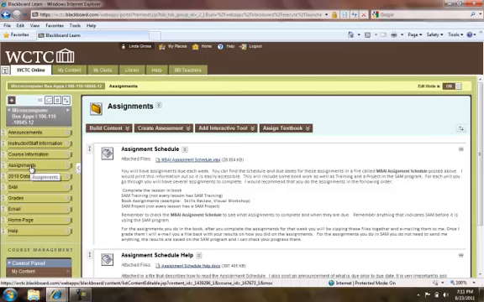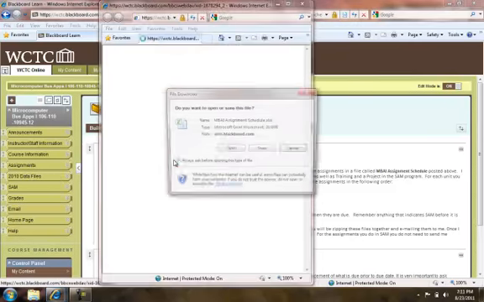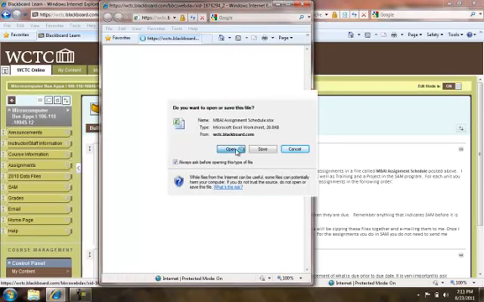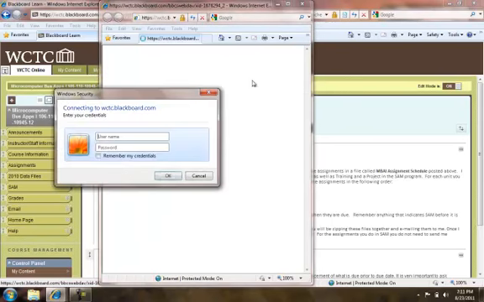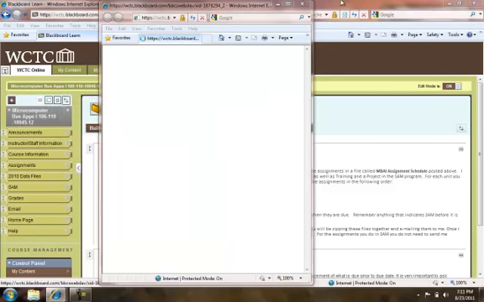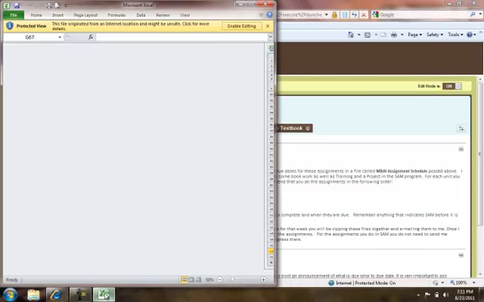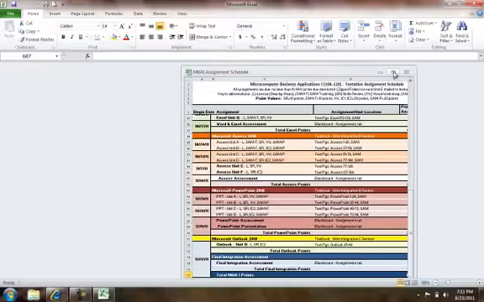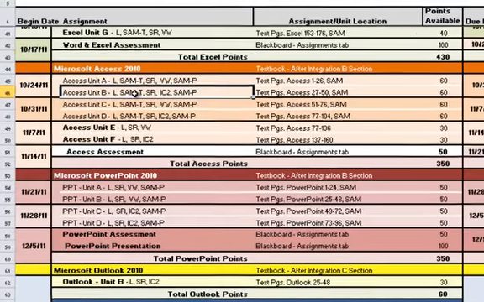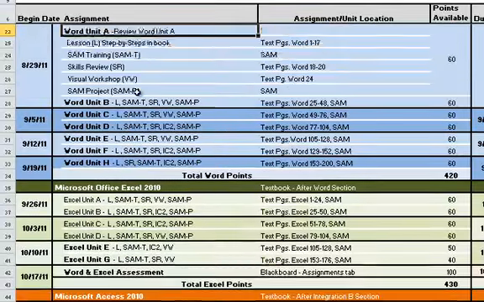In the assignments, we have this assignment schedule, which is really important. This I actually print out and have posted on my computer, so I know what assignments are due and when. It's also color coded, so you will see different colors. So the first section,